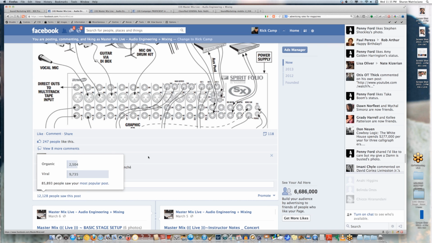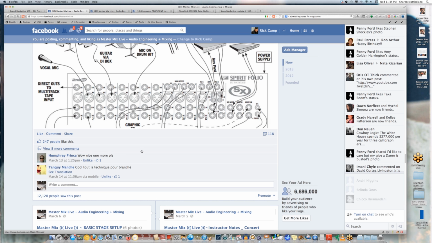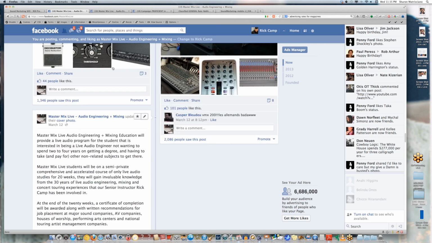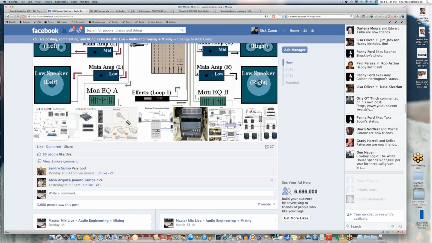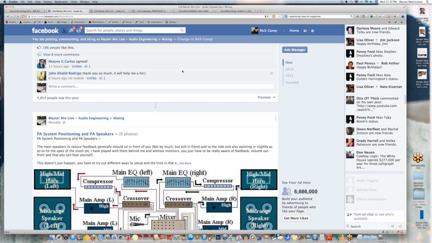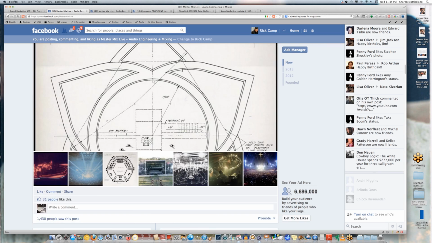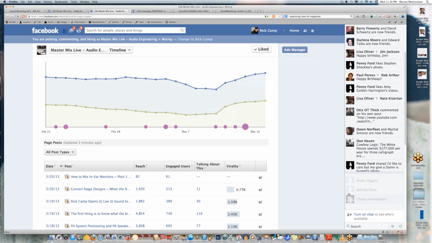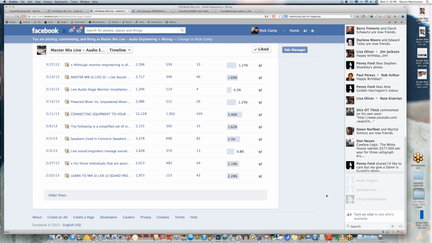Viral is excellent. Show shares are probably, I'd like to say, 100 times more powerful than an actual viral. However, because of the nature of a viral, information passing from one to the other, it does perform just as well. So here's an example. Here we are back in our insights area. If we scroll down and have a look at that day that the story took place, on the 11th,